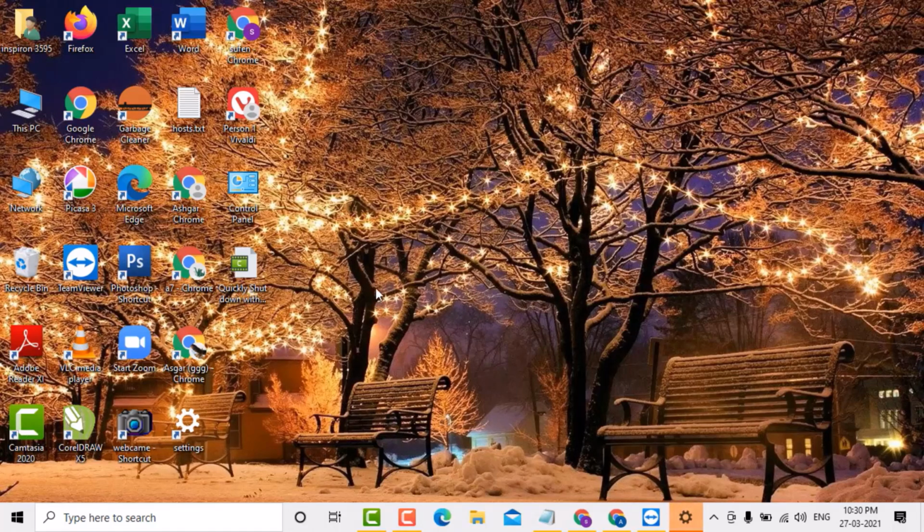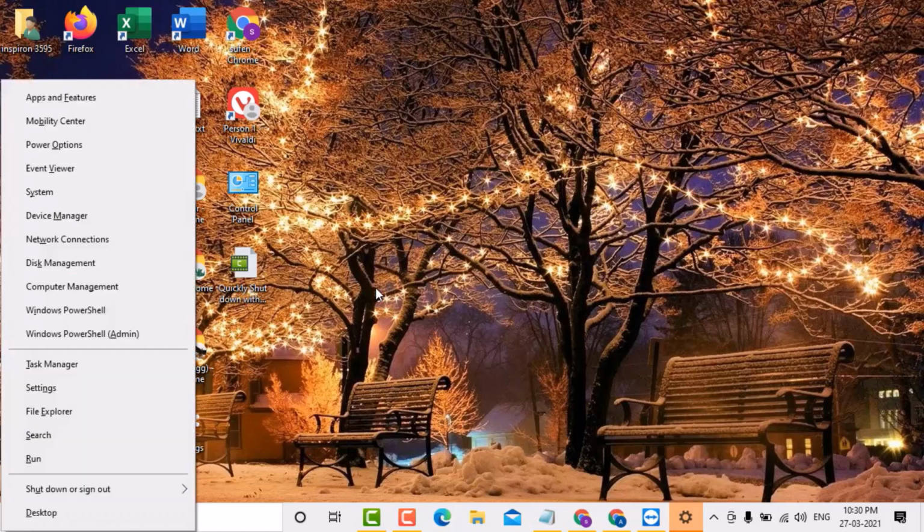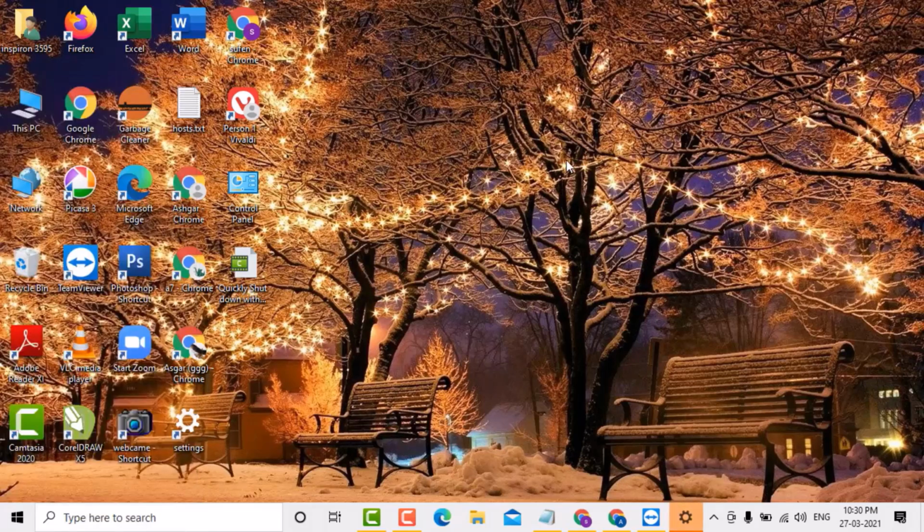Firstly, press the Start key plus X, then press W. That is it. So this is a very simple and easy method if you want a keyboard shortcut for shutdown on Windows 10 PC or